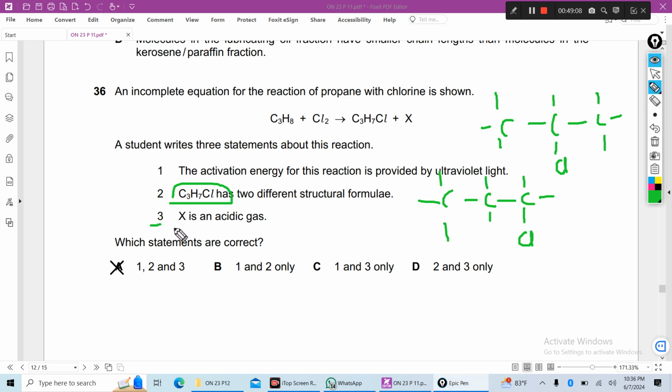So number 3, X is an acidic gas. Yes, hydrogen chloride is an acidic gas. So which statements are correct? 1, 2, 3, all 3 statements are correct. So the answer will be A. Next,